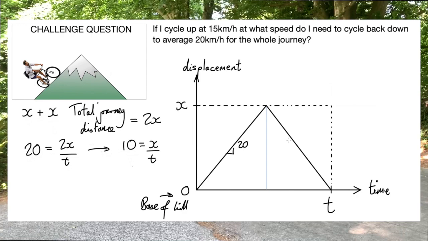Okay? And this would be a gradient of minus 20. Okay, that makes sense? Go up at 20, come back down. So if you go at the same speed, it's quite a simple graph to draw. I'll just get rid of these